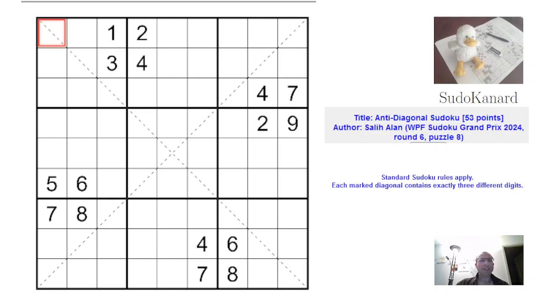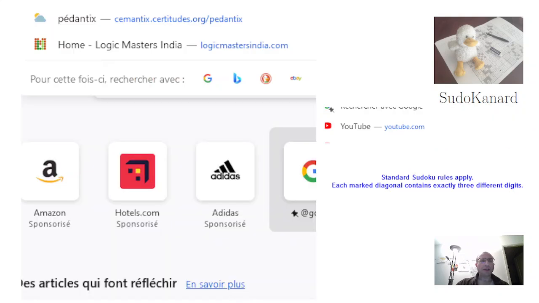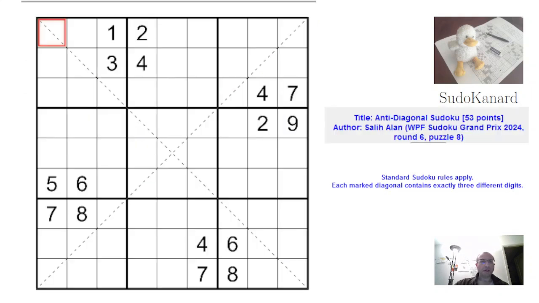So the special rule is that on each of those two marked diagonals, there are only three different digits, which means that those three digits are the same as these, and they are the same as these. And similarly, those three digits are here again and here again. All right, so